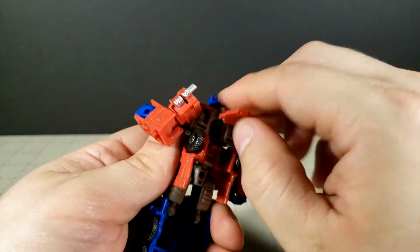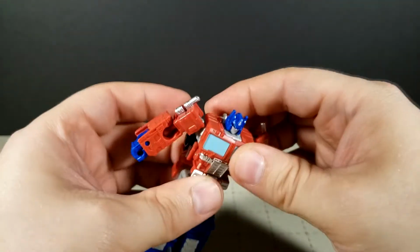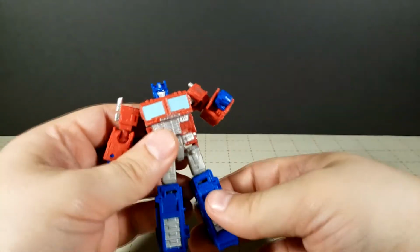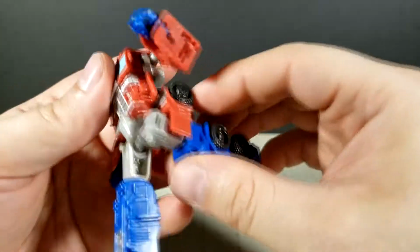If you bring this little panel up, you do actually get a chest swivel if you want. So that's actually really nice. I do like that a lot. Ball joint in the hip, so he can kick forward, kick back. If you bring the legs between that little bit of back kibble,